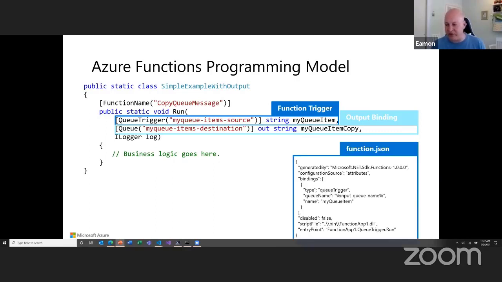You can see in the function.json, which is the file, exactly how things are defined and how you can integrate into those Azure queues. But it works very similarly if you're working against Service Bus or Event Hubs or Event Grid or any other system that you might be looking for events.